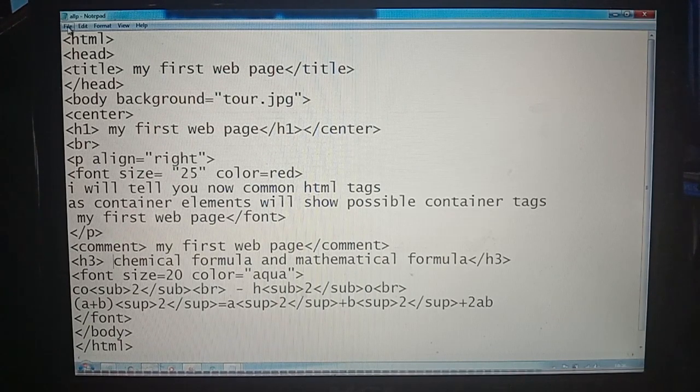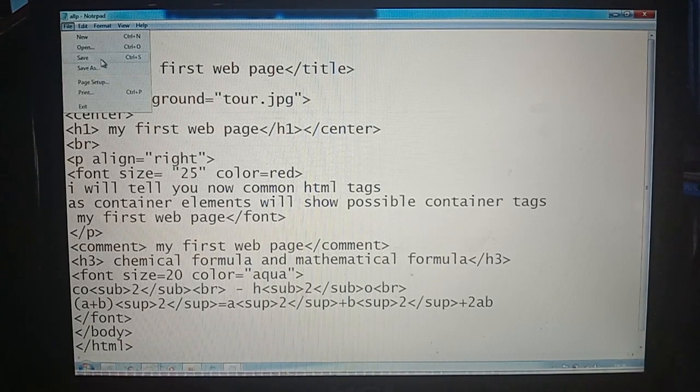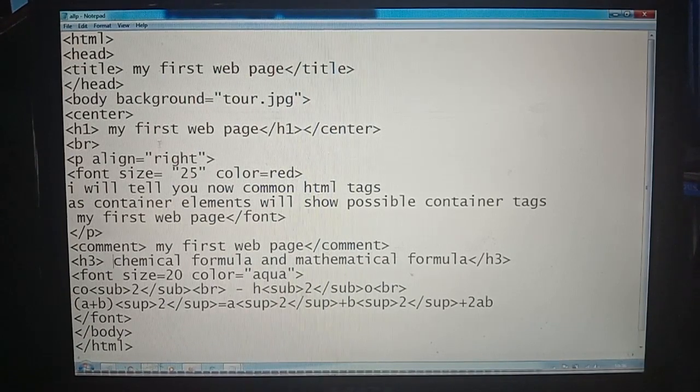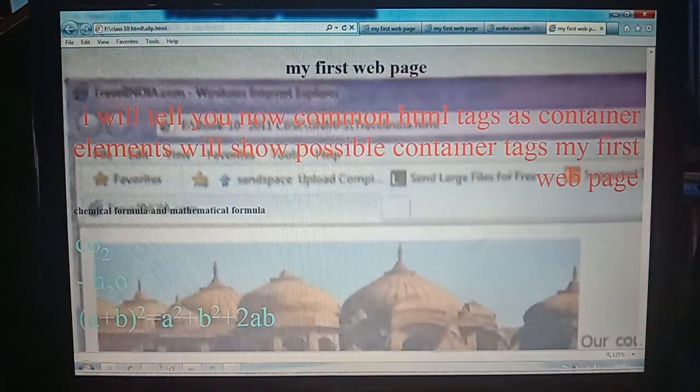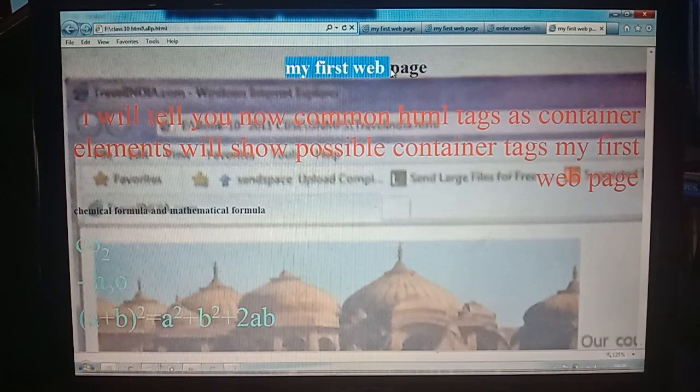First we save. Whenever you save this, save it with .html and come to the document. See, the center element we mentioned comes in the center position. Then we have given a paragraph tag and the paragraph alignment was right.